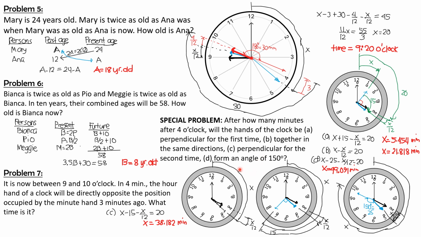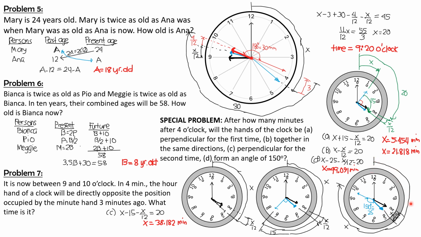Then finally, form an angle of 150 degrees. Initially, the angle between the hour hand and the minute hand is 120 degrees. There are 4 marks, so 4 times 30, 120 degrees. So that means the angle between them will be 150 degrees when this would be the position of the minute hand, position of the hour hand. So remember that the hour hand is constrained to move in this portion only. So this should be the position of the minute hand.